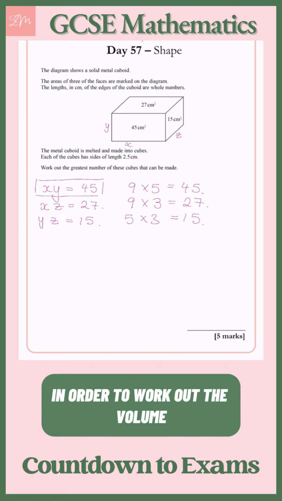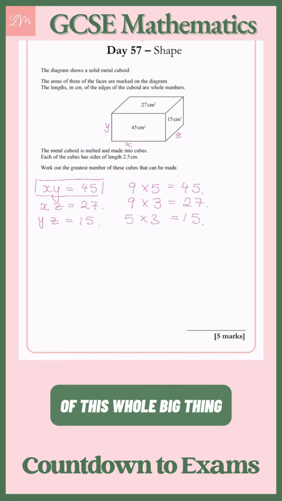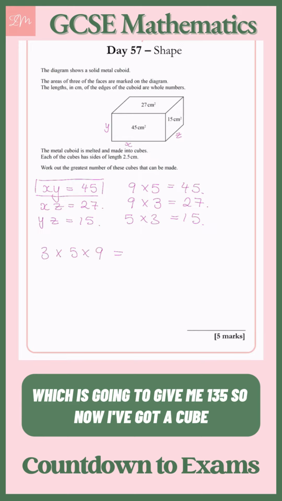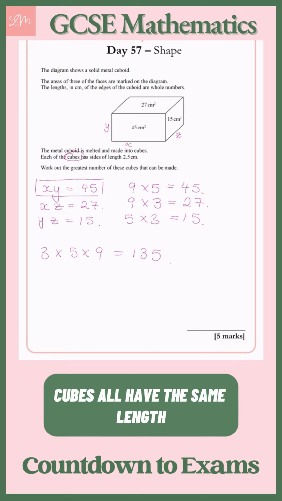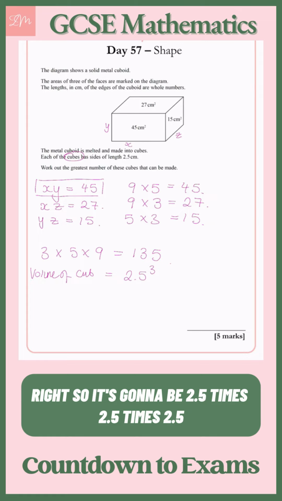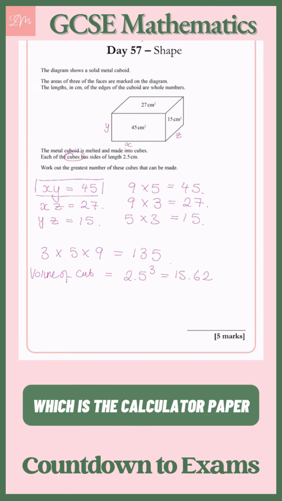In order to work out the volume of this whole big thing, I now have to do 3 times 5 times 9, which is going to give me 135. So now I've got a cube. Cubes all have the same lengths, so the volume of each cube is going to be 2.5 cubed, right? So it's going to be 2.5 times 2.5 times 2.5, which is, on the calculator,